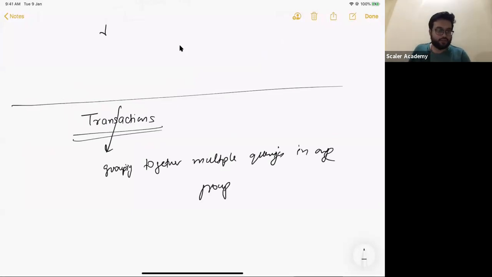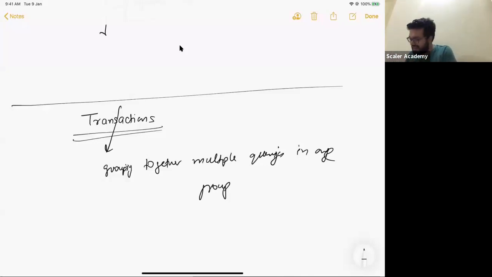Does it make sense, folks? So transaction in definition is nothing but you are saying that I actually want a set of queries to be run, but I would just group those queries into one transaction. Does that make sense to you guys? Now, whatever we are going to discuss in this lecture going forward is going to assume this definition of transaction.